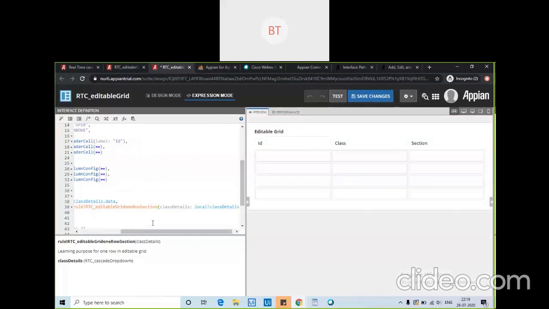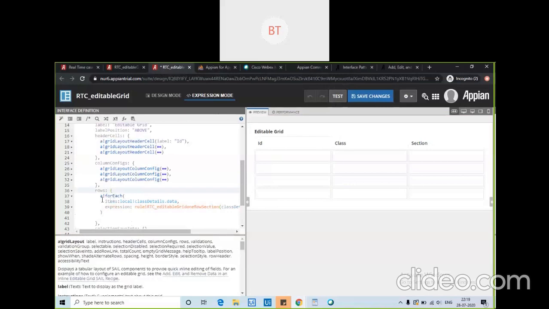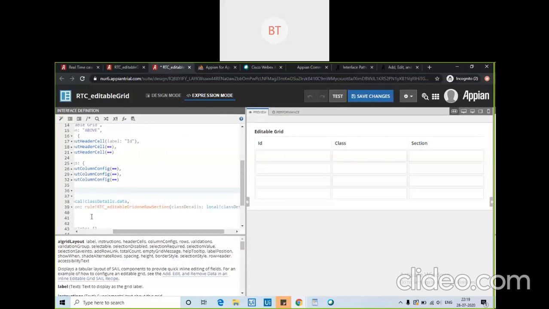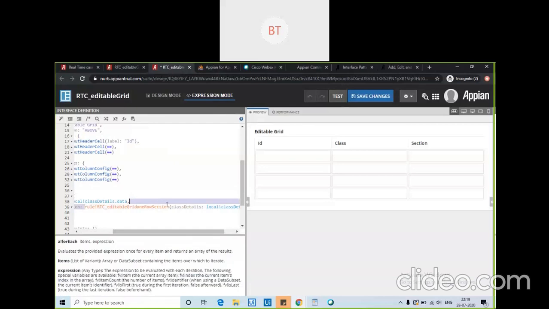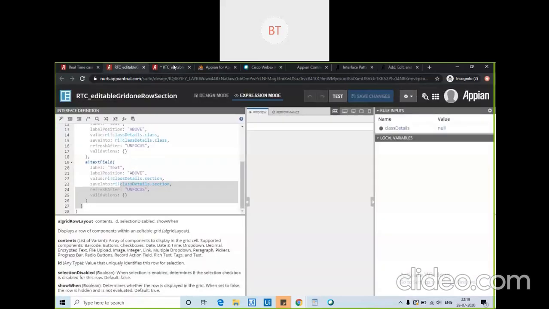Okay, so see, 4 values have come, means 4 rows have automatically come. That is happening for this rows part. So it means our calculation is working, our looping is working, but for some reason this is not getting the exact value. So now we need to debug why it's not giving the exact value. Let's see it. One second.